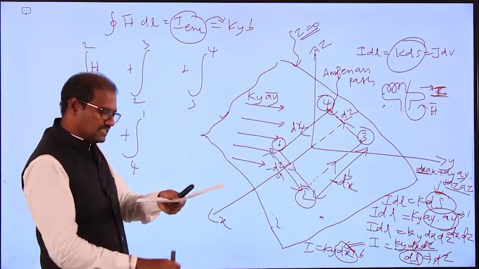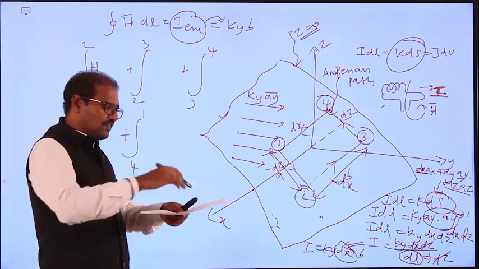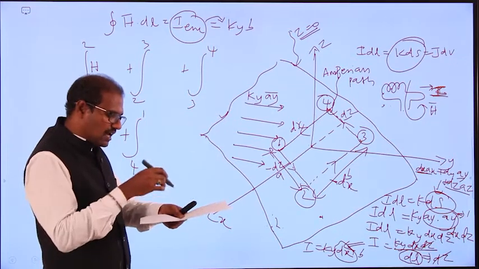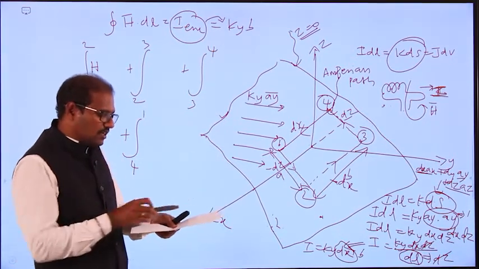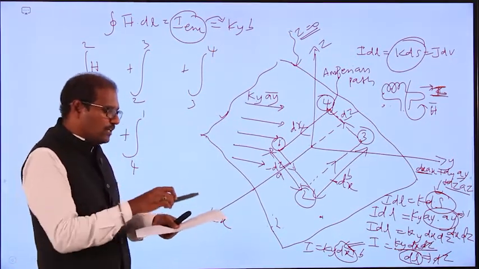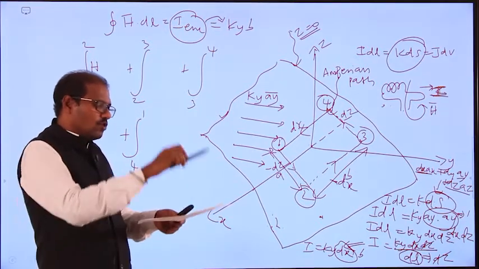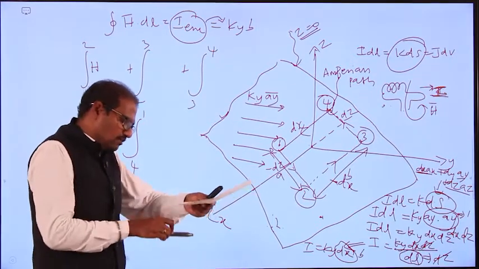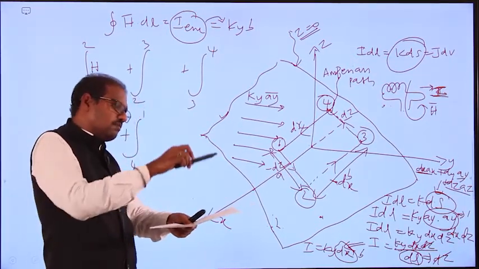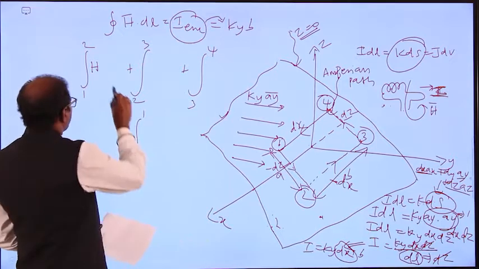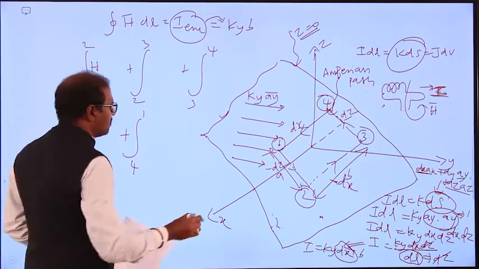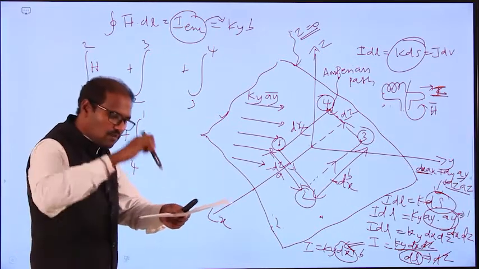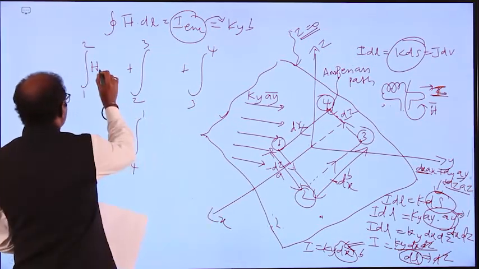This is down, minus Z. This is above, Z. We kept our sheet in the XY plane, so the magnetic field intensity revolves around the conductor, because according to the right hand thumb rule, when the current is moving, the magnetic field will be like this. The magnetic field goes above, plus Z, then down, minus Z, then again plus Z. So H, the magnetic field intensity, will be moving down. So H is Z.